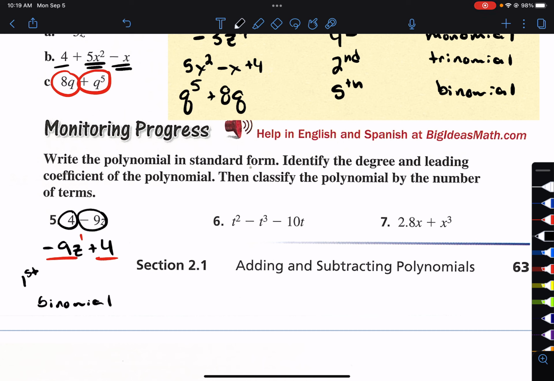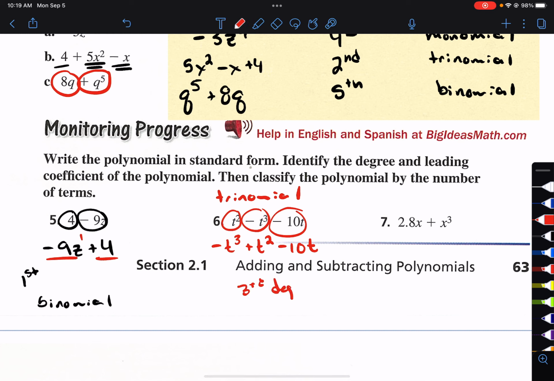Okay, number 6, I've got 3 terms, 1, 2, 3. So I already know it's a trinomial. I need to put them in order. So I look for my biggest exponent, which is a 3, and then I work my way down. Plus t squared minus 10t. So it's a trinomial, that's my standard form, and my biggest degree is a 3,